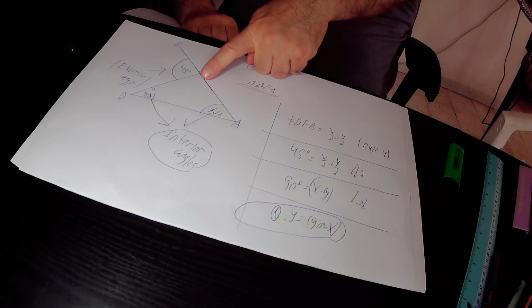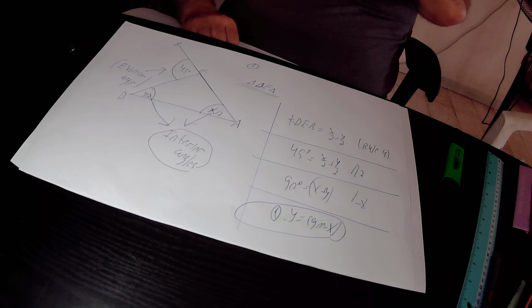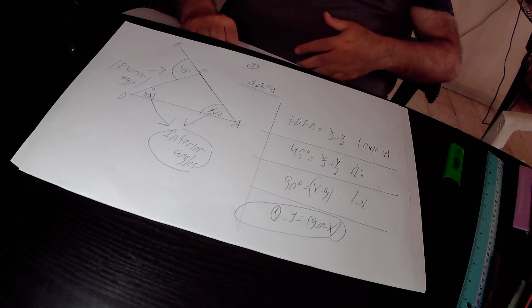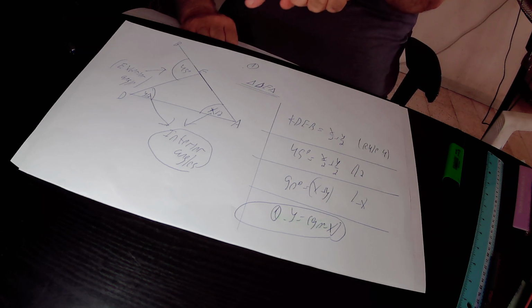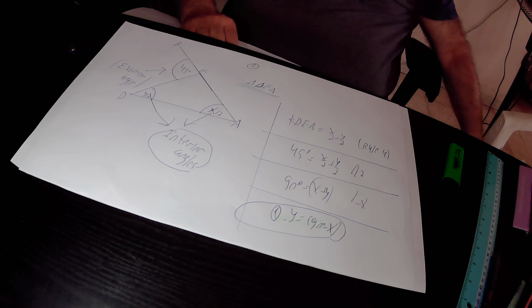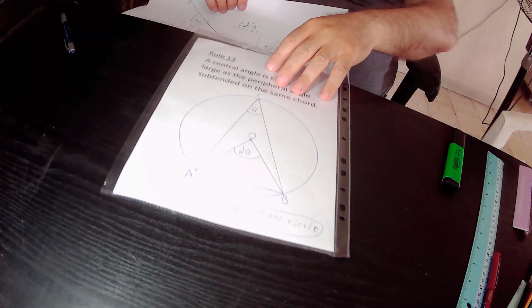This is also defined as an interior angle of this triangle. In the next step, I presented to you Rule 4 and implemented Rule 4 in this triangle, triangle DEA. Now, if we click on Rule 4, according to Rule 4,